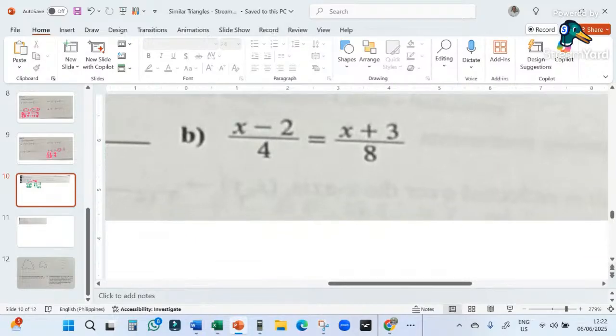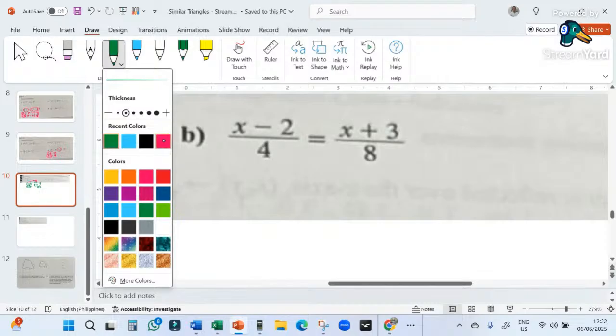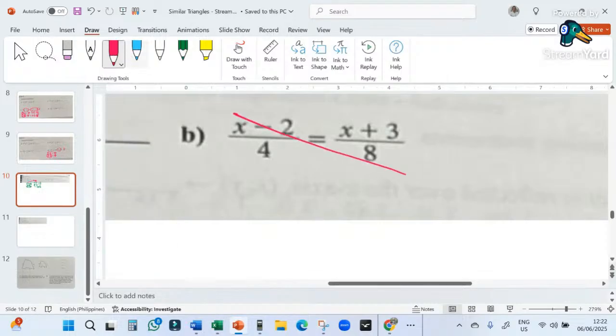So we're going to use the shoot method again. It's always from the bottom right to left. So that will be 8 times x is 8x. 8 times negative 6 is negative 16. Equal to,